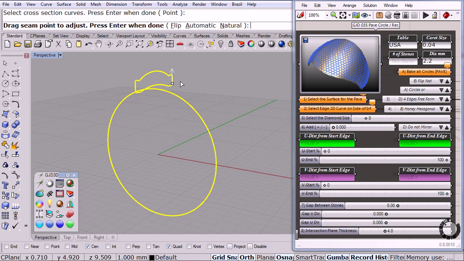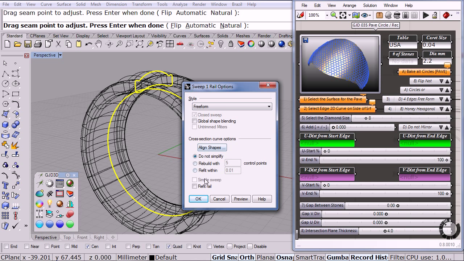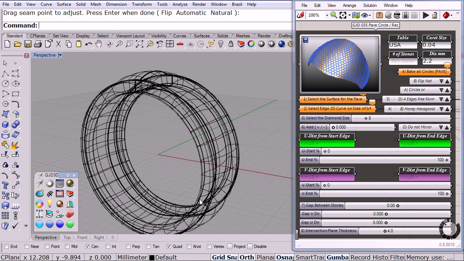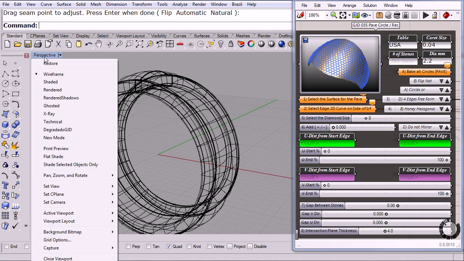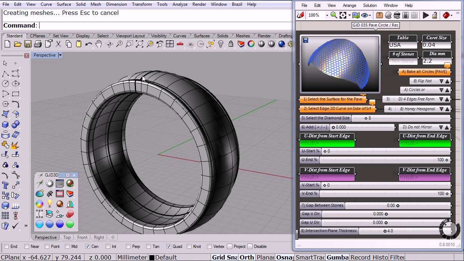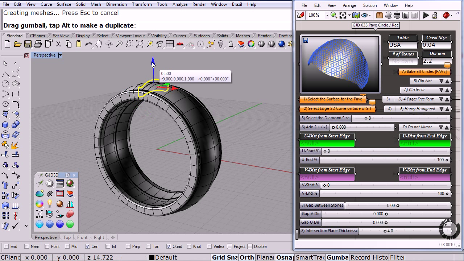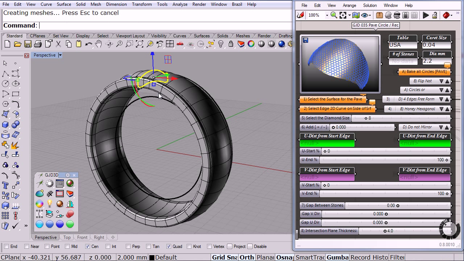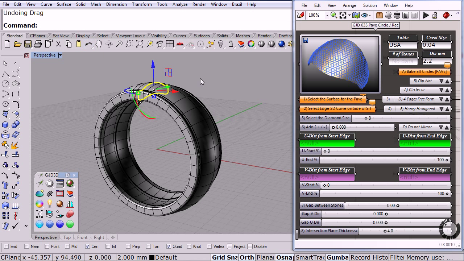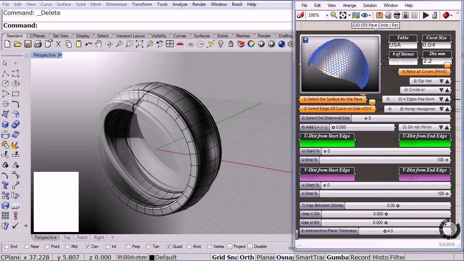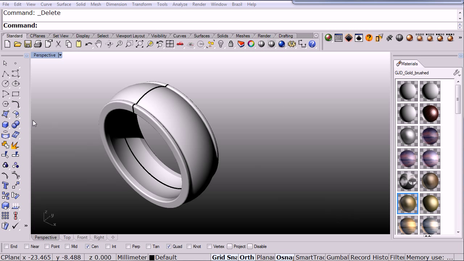As you can see over here, after we created the shape, we can more or less move the original cross section just a little bit. Let me select it, move it up, and notice that the whole ring updates. That's new on 5.0. So let me use this geometry